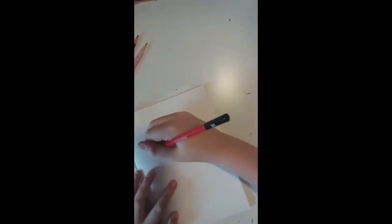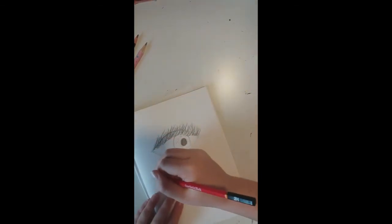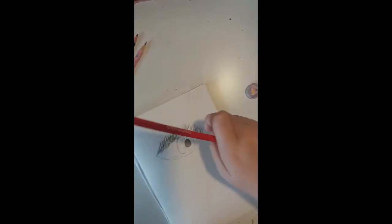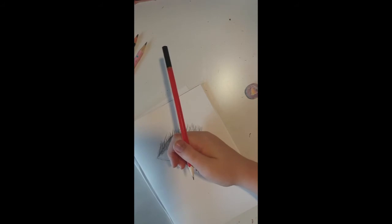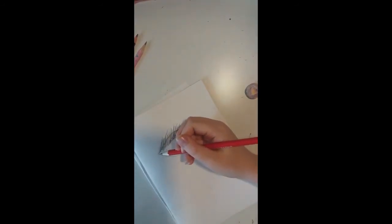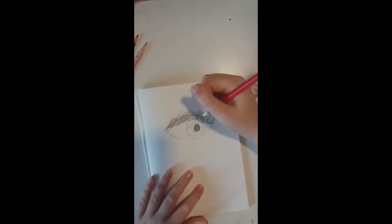Next, it depends which eye it is. Let's say the nose was here, then there's some sort of little thing, I don't know what you call it, I'll put what it's called in. It's kind of like that, because it's the bit where the sleep goes when you wake up. Okay, so now that you've done that,